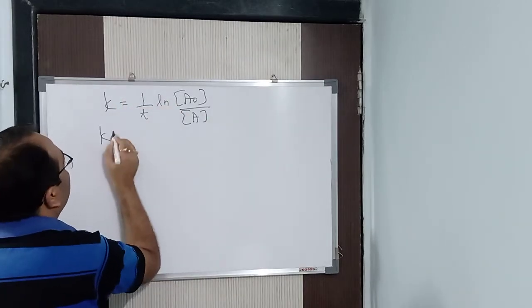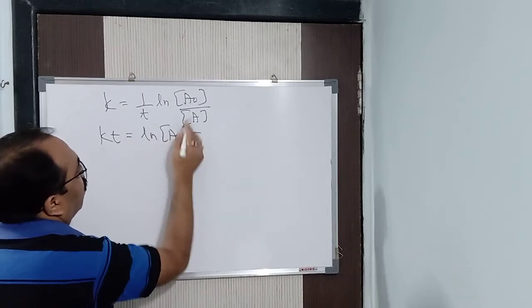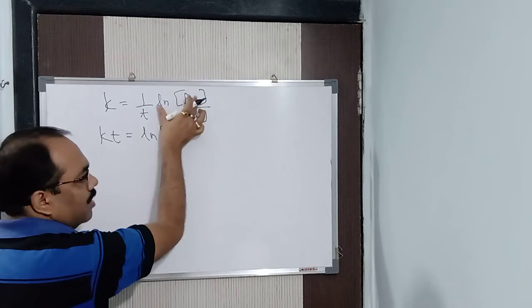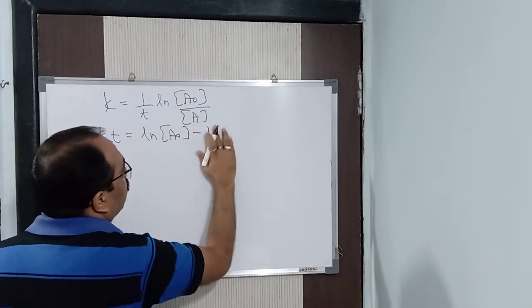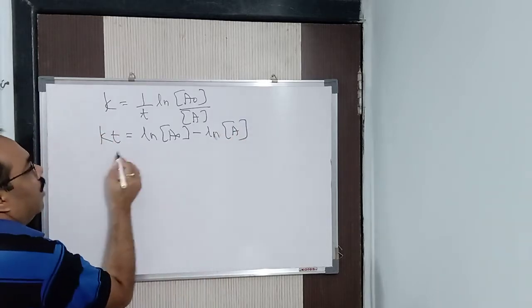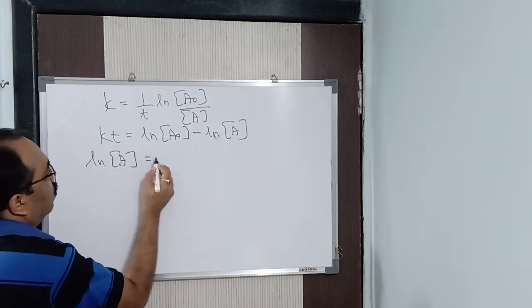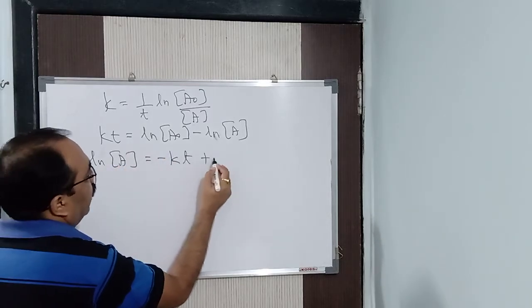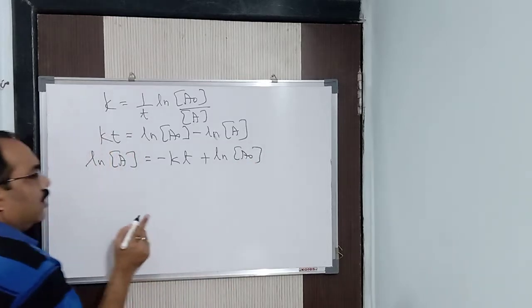Now here it will be Kt is equal to ln concentration of A naught by A. Same thing, log A by B is what? Log A minus log B. So ln concentration of A, now I will take this particular side. Ln A is equal to what? Minus Kt plus ln A naught. Now what I said to you? When